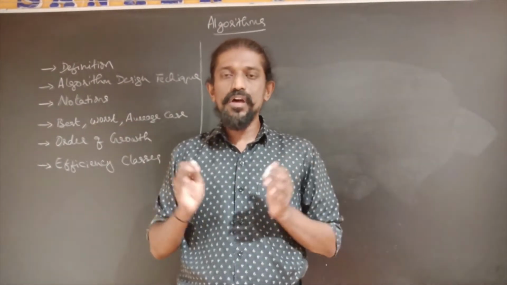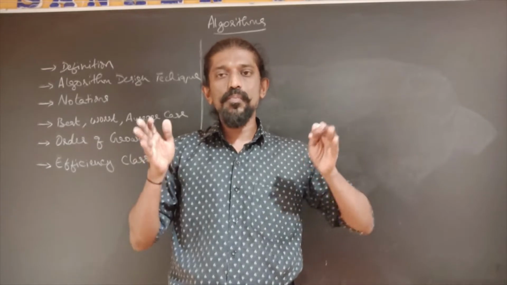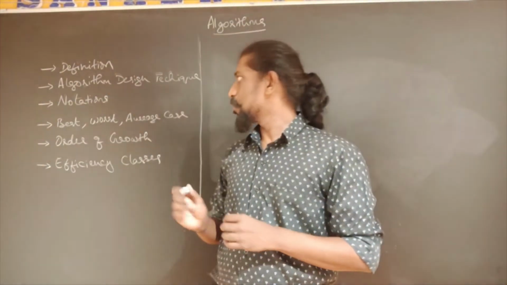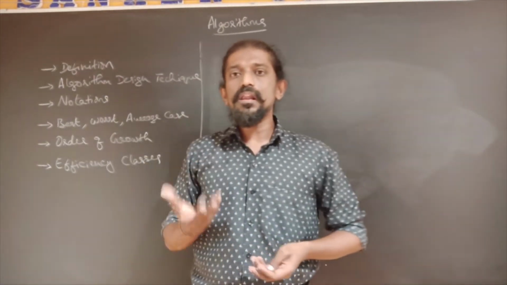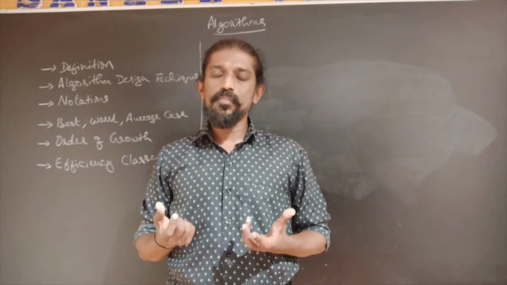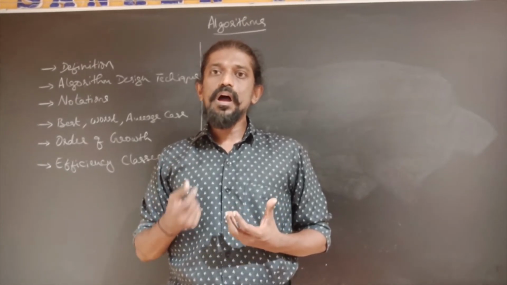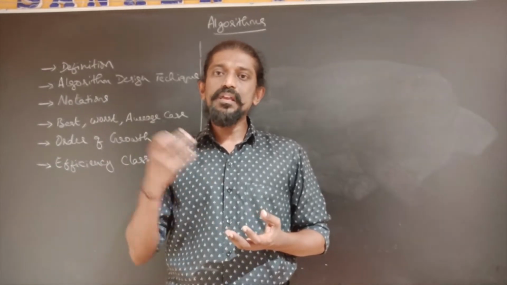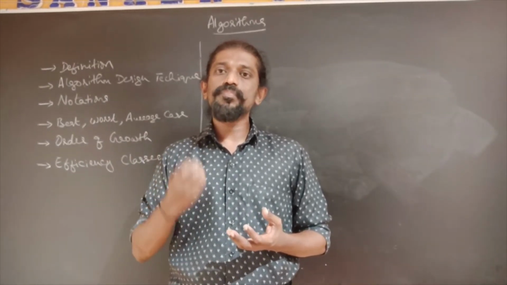So like this, each one of the algorithm design techniques will just give us broad outlines to solve a problem. So when we solve problems, we must be able to tell how good our algorithm is. So we have designed an algorithm for a problem. We should be able to tell how good or how bad an algorithm is, because for the same problem, many such algorithms might have already been developed.